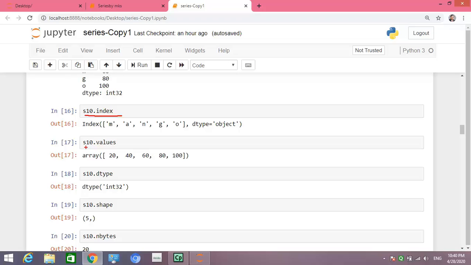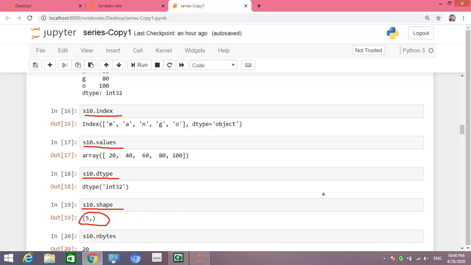If you want to display values of the series, then you can write series.values. If you want to display the data type of each value, then you can write series.dtype. If you want to display the shape of the series, of course it is one dimensional, so it will give the size of the series, that is the number of elements in the series.